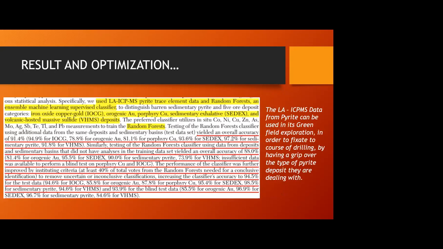So for the result that we got, I took the snap from the picture itself, apart from the writing. So you can see that the accuracy for different deposit types were different. Like we get an overall accuracy of 91.4%, but it's 94.9 for IOCG, 78.8 for orogenic gold, 81.8 for porphyry copper, and 93.6 for SEDEX. However, what they did was,